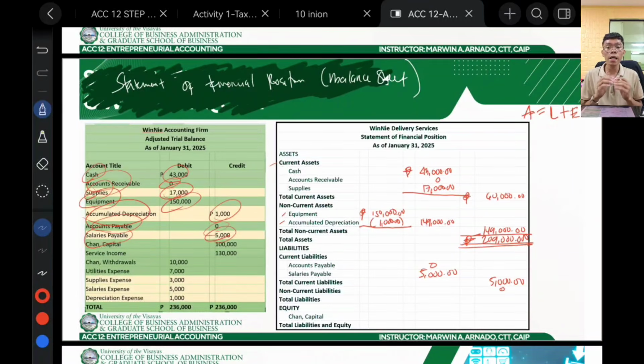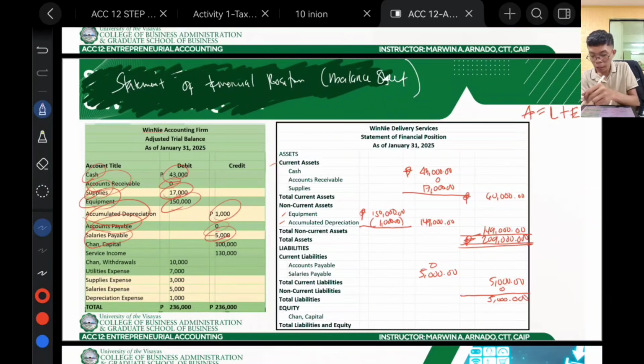But in case there are non-current liabilities, class, you need to really put the non-current liabilities. But in this case, there are none, that is why we just put 0 right away. If you recall, current liabilities are liabilities that are set to be settled or paid within 12 months, while non-current liabilities are liabilities that are set to be settled or paid after more than 12 months. After which, we can just total our liabilities. That would be 5,000.